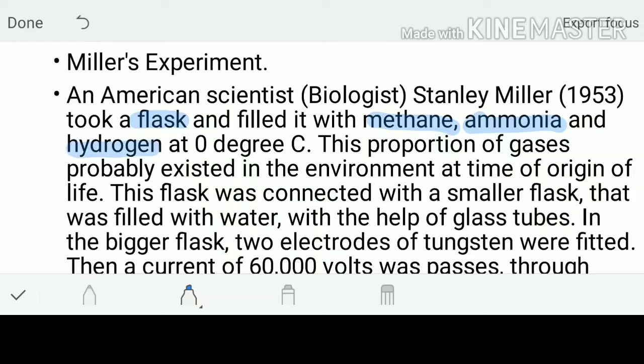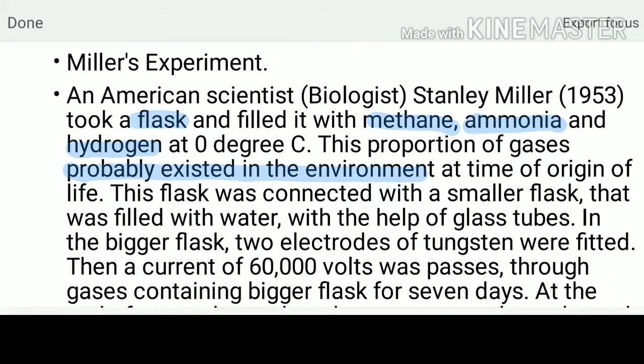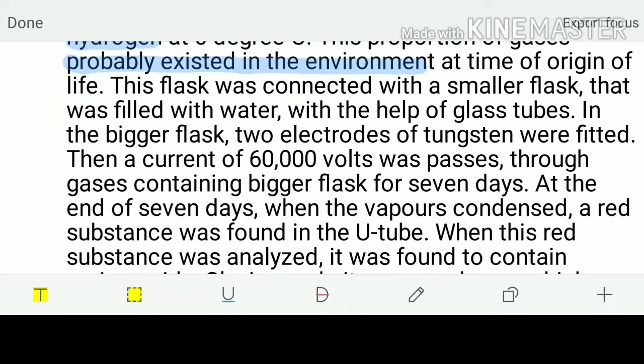I repeat, which gases did Miller use? It was methane, ammonia and hydrogen at 0 degrees C. And why did he use these gases? Because he gave the theory that probably these were the gases which existed in the environment at the time of origin of life. Here, he connected the flask with a smaller flask, and then that smaller flask was filled with